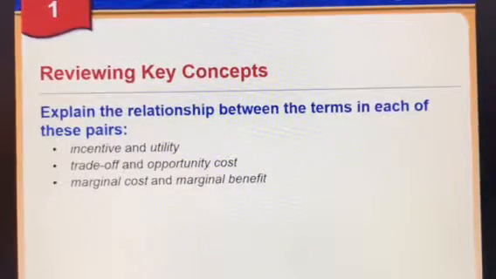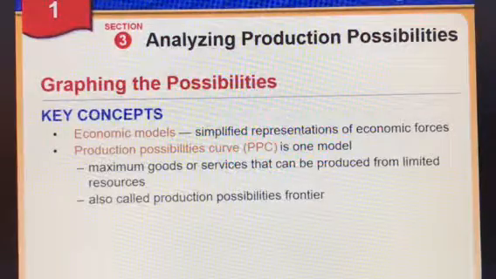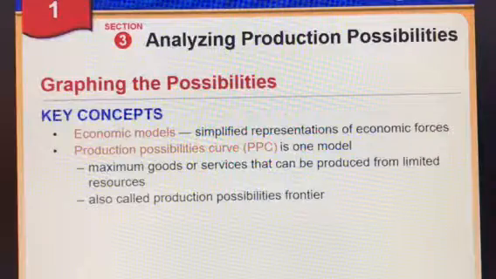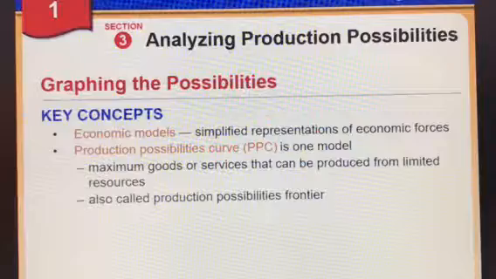That is Chapter 1, Section 2. All right, economic models. If you pick up a paper like the Wall Street Journal,